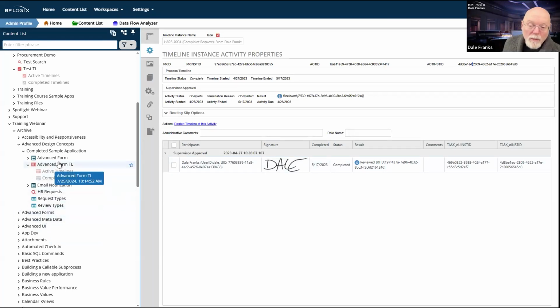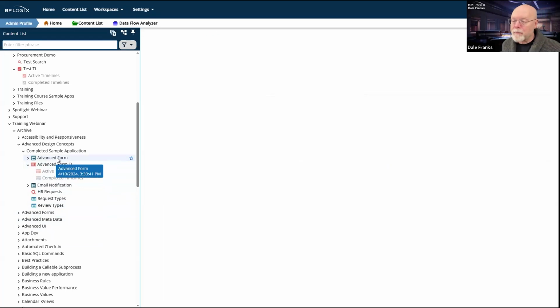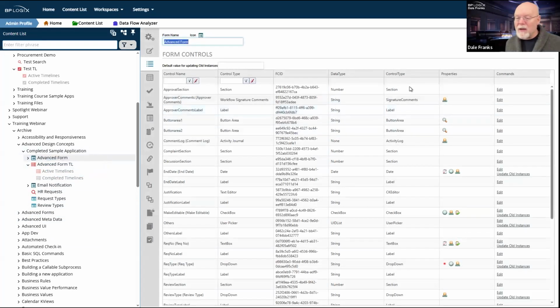For forms, what debug mode gives me is one very important thing that I can do on the form controls tab. Sometimes you have a form, it's been running for a while, and you decide that you want to edit it. So you'll go in, you'll edit the form, you'll add a couple of new fields. Now that's great.